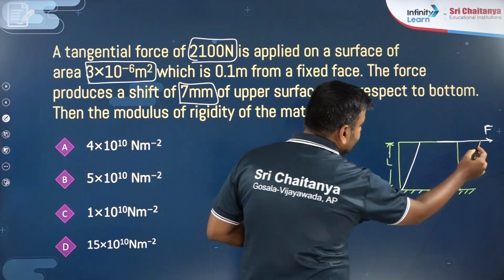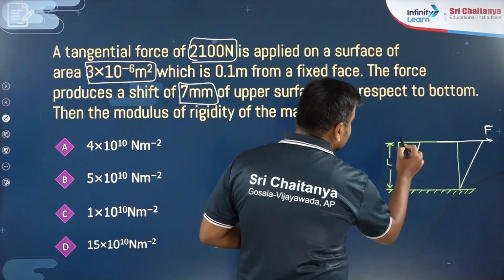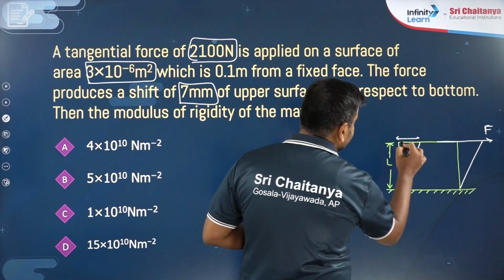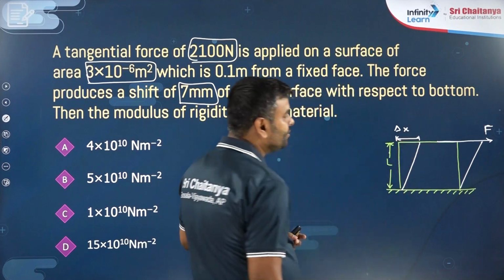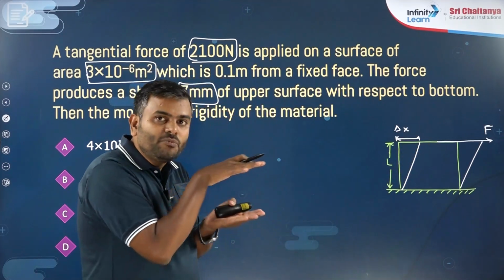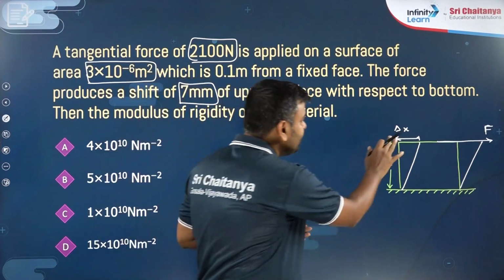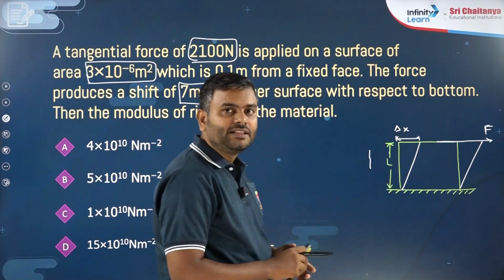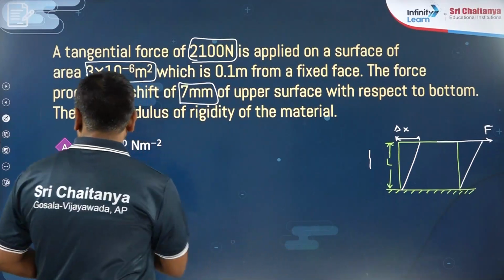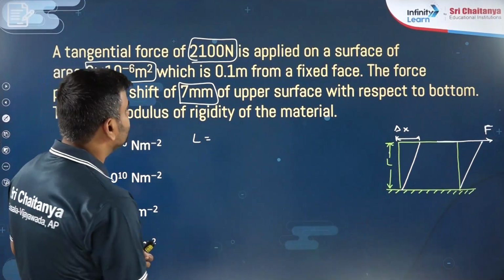There will be a movement of this upper part, and because of that there will be a stretch. How much the upper part has moved, we take as delta x. The length of this we have taken is L, and the value of this L is given to us. The length value they have given is